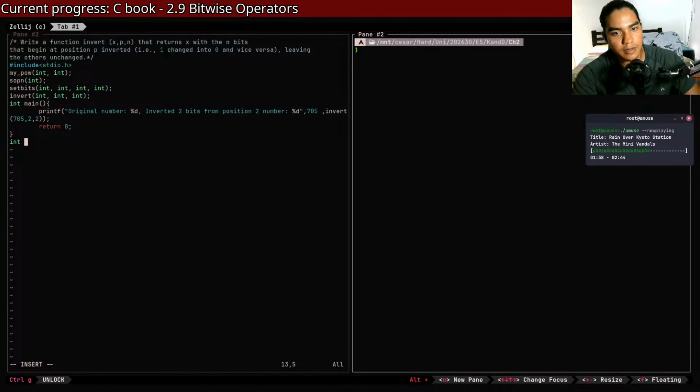We're also gonna have my pow function, which is gonna take base, int base, and exponent. And then we're gonna have the statements of the function. How's this called? The expression, the statement of the function, statements of the function, I guess. The statements of the function is gonna go a little something like